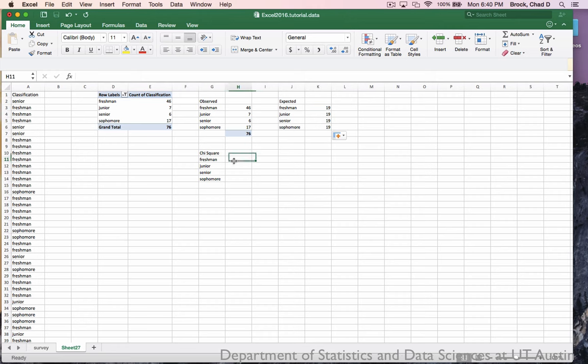Okay. Now we need to calculate our chi-square score for each classification. To do this, this is going to be equal to the observed minus the expected. We're going to square this difference and then divide it by the expected. Now again, we're using the same expected value each time because the expectation is 19 for each classification. So we can fix this using Command T